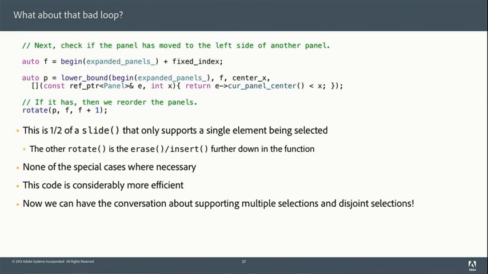But once you simplify the function like that, now you can say, instead of just having f here, where you see our range is f to f plus 1 as our selected item, right? If we were using slide, it would be a trivial transformation to say, well, maybe instead of passing f around, we could pass a pair of points and make it contiguous. Or maybe we could just pass a predicate function around and make it discontiguous and replace our slide with a gather. Okay?